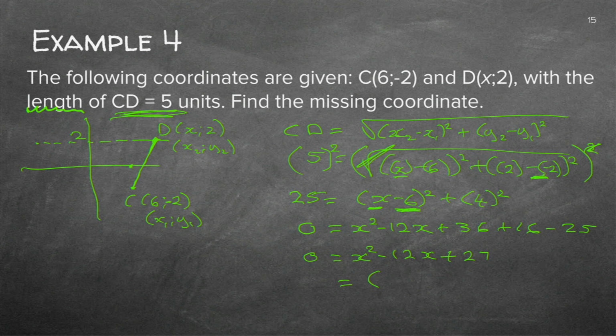I see a trinomial, so I'm going to make my two brackets. 0 on this side. I know it's x and x. Because I've got a plus there now, either both must be pluses or both must be minuses. How do I know? I check this sign here. Because it's a minus, I need two minuses, which is going to give me this plus here. And maybe 9 times 3 is a good guess for 27, because if I minus 9 and I minus 3 again, I also get the minus 12, which I want. Therefore, x is equal to 9 or x is equal to 3.